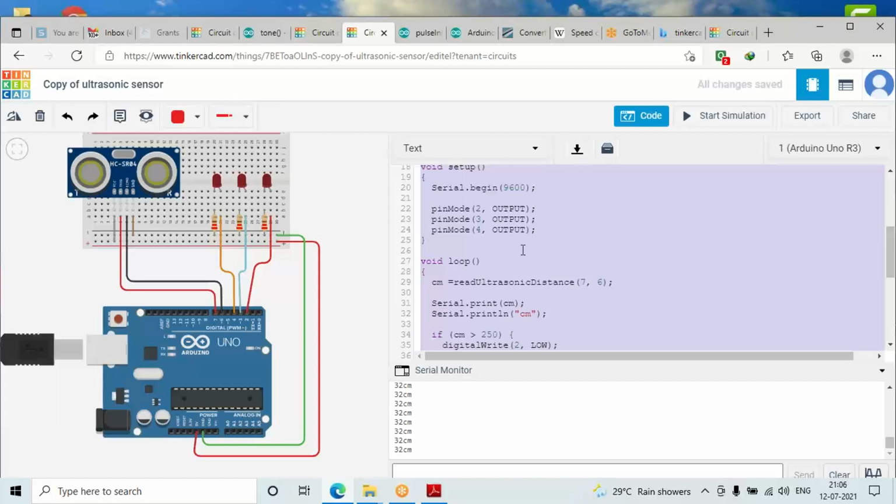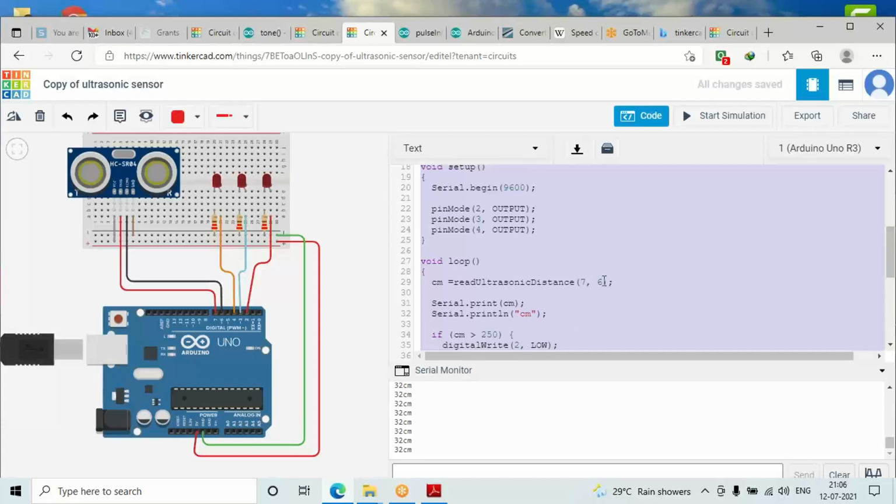For that, I have just divided the sound speed value by 2 and taken that into consideration, because whatever value you get, you have to divide by 2. So it's better to divide the sound value by 2 earlier and then use it.